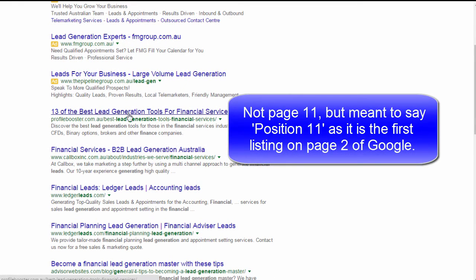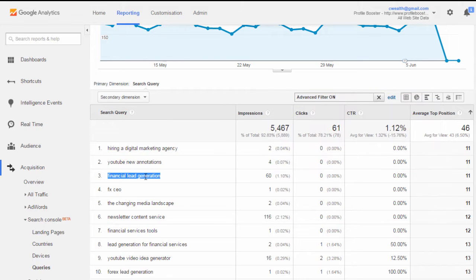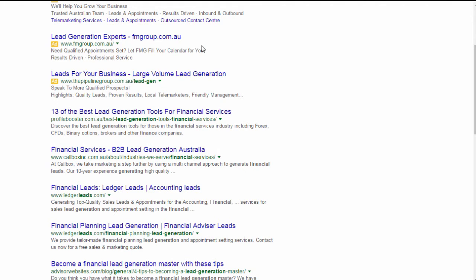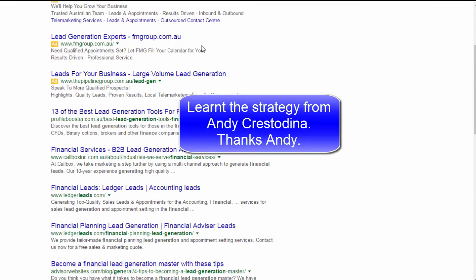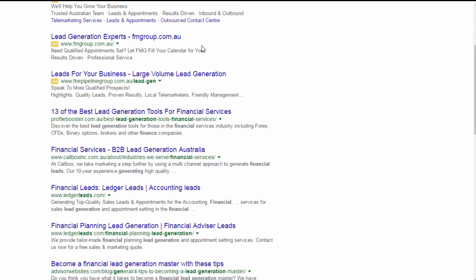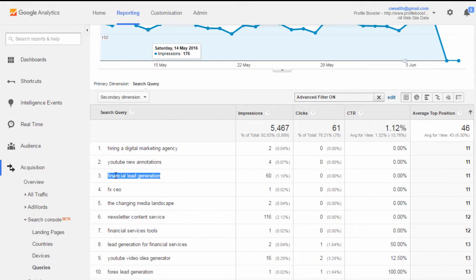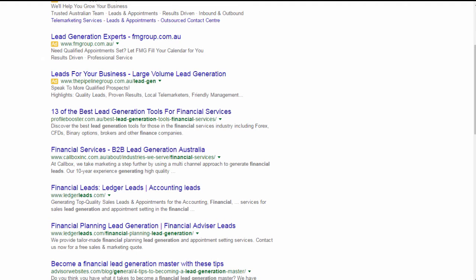So 13 of the best lead generation tools for financial services. Now this particular key phrase is financial lead generation. So what I could do, and this is a technique that I learned from one of the guys online, and I'll put the link to that gentleman's video. So he originally did it, but it's got the old way to actually find the search engine optimization, the queries part of it. So in this one, what we would try and do is find out if we've got financial lead generation in the,